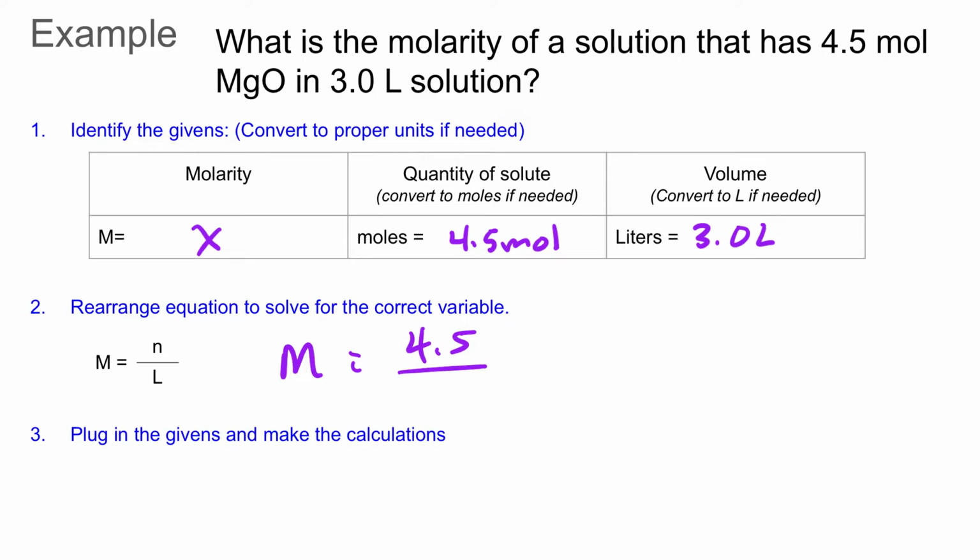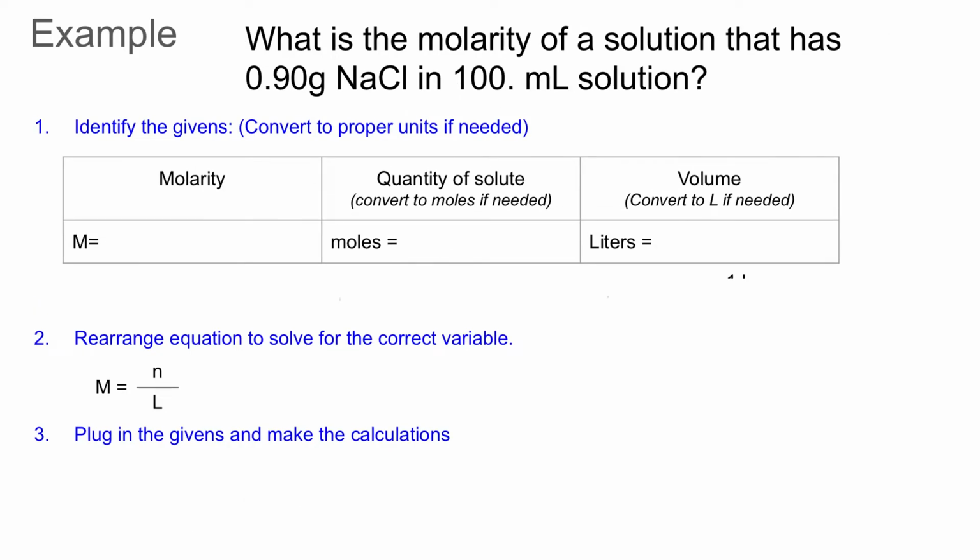So 4.5 moles over 3 liters equals 1.5 molar solution. How we would say that in English is that it's a 1.5 molar solution. This next question says, what is the molarity of a solution that has 0.90 grams of NaCl in